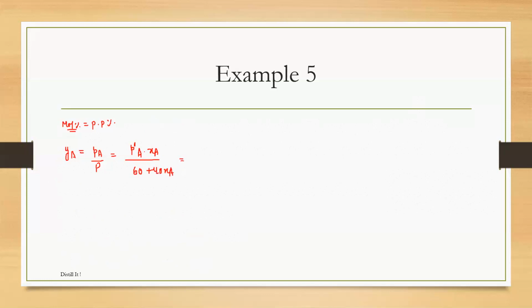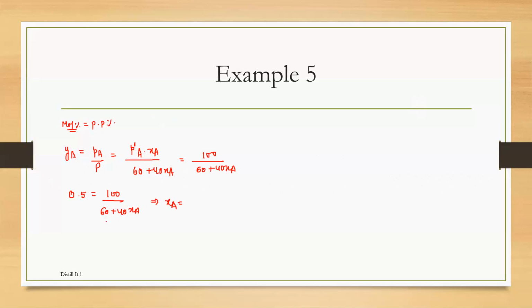And they have also given P naught A as 100. So 100 upon 60 plus 40 XA. And YA they have given to be 0.5. Okay, so solving 0.5 is equal to 100 upon 60 plus 40 XA gives us